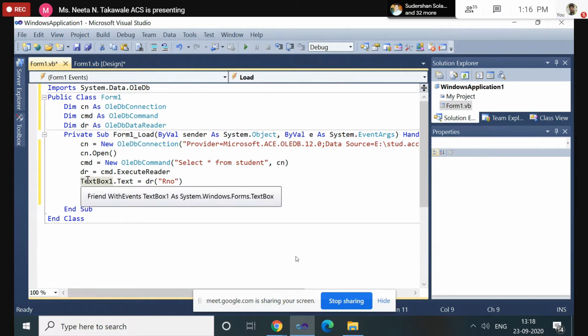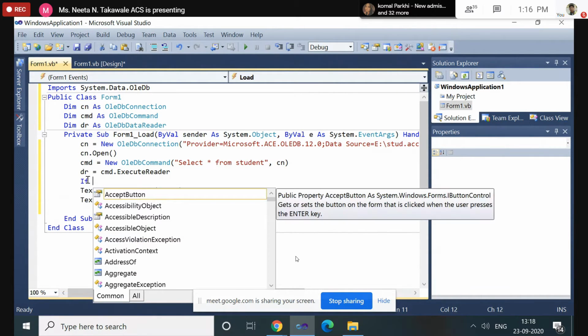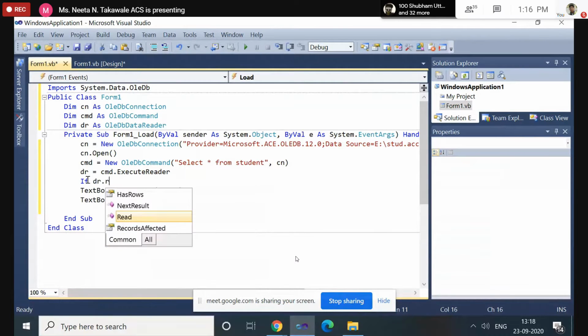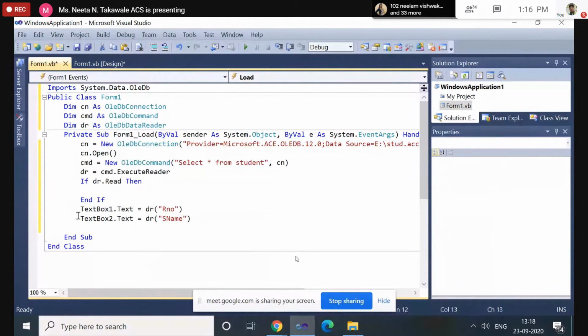But you have to enclose these two statements inside an if, because the data reader always creates a pointer which points to the first row of the table. So that's why you have to read that row using the Read method, and then you can assign each column to a particular text box.